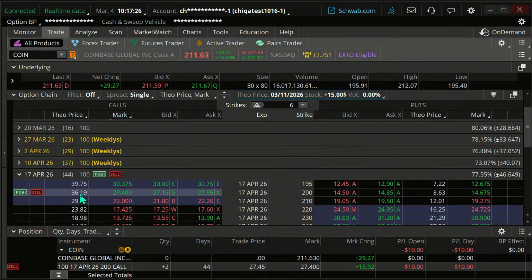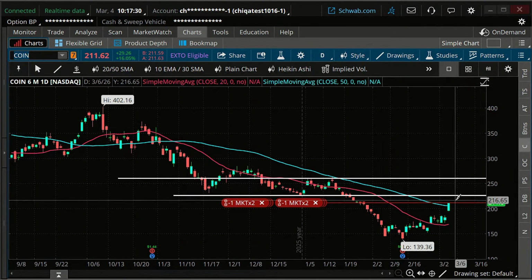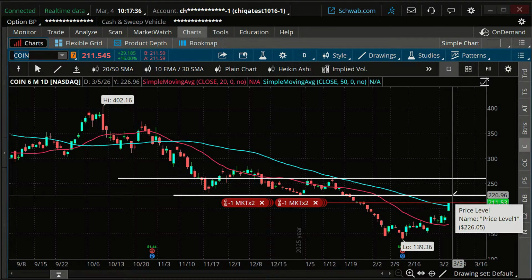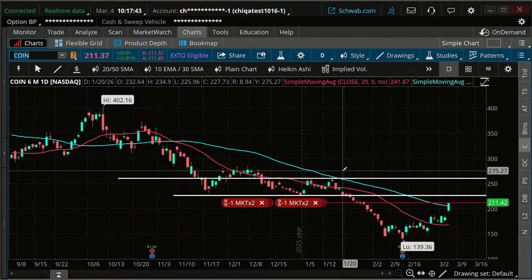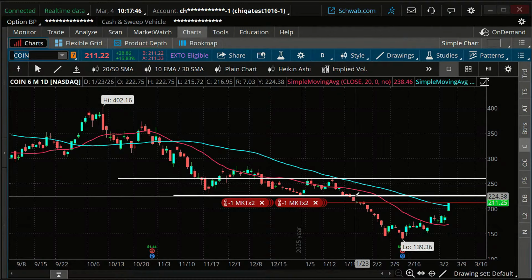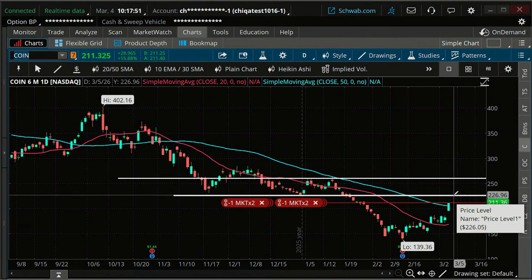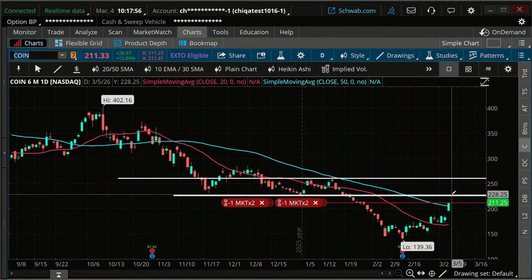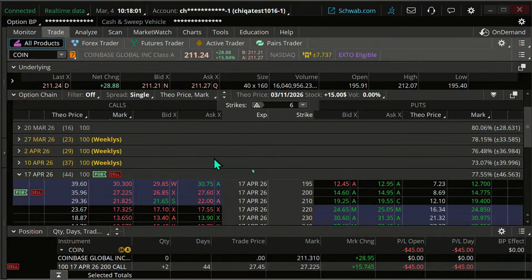That's just an estimation. We don't know exactly what's going to be. So that's one of the cons here of using this order based on the underlying stock price. We kind of lose track of that. There's a disconnect. But there is an advantage, and that is we can tie our exit to the technical analysis on the stock chart itself. If we put it in based on the option price, we're not really looking at where the stock is necessarily. Now, we can do the same thing and kind of estimate, but we don't know for sure. So anyway, that's kind of the main pro and con.